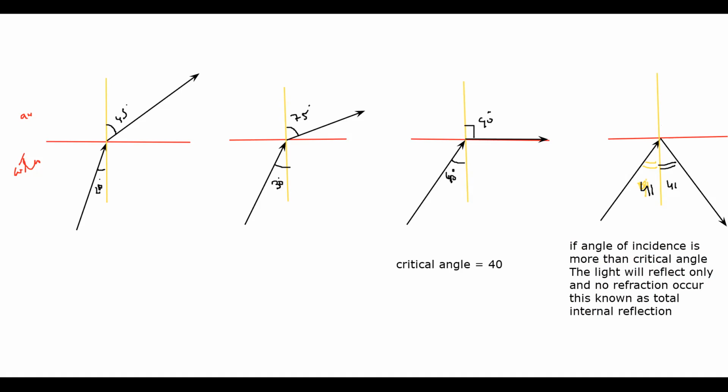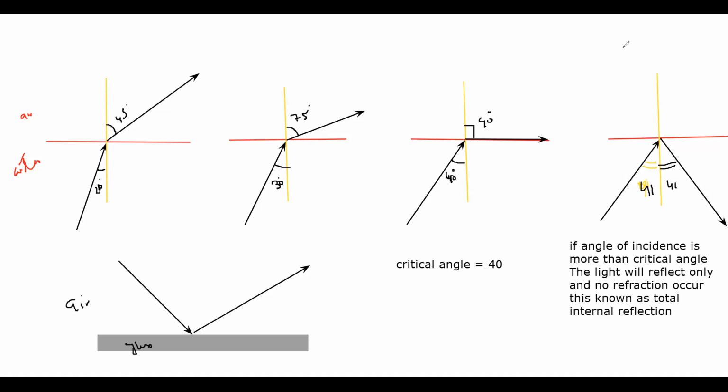Is it clear? The concept of total internal reflection. This total internal reflection has many applications. It is the tendency of the light to bend or bounce back in the same medium, but this is different from reflection of the mirror. In a mirror, the light is moving in air, hits the air to glass boundary and bounces back. So the light was in a rarer medium and hits the denser medium.